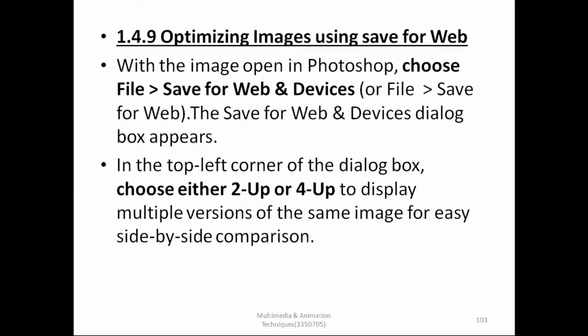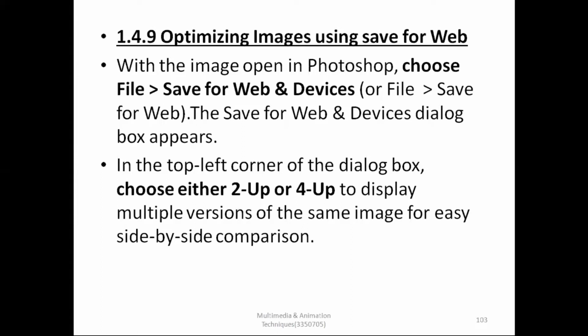Saving an image normally and saving an image for web are two different things, because when you save an image for web, by default it will use a 256 color palette. From this palette it will use only 216 colors, as we have seen earlier in this chapter, that web colors use only 216 colors from the 256 color palette. The other 40 colors are reserved for the operating system.